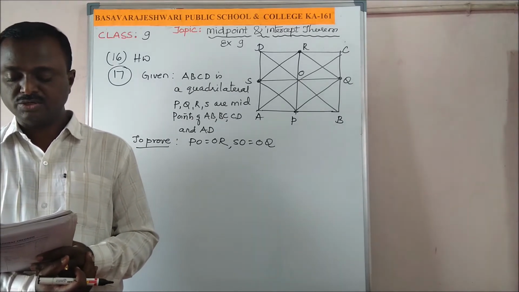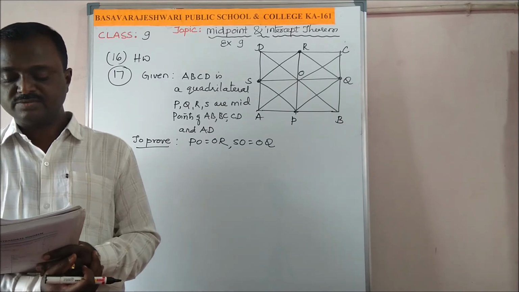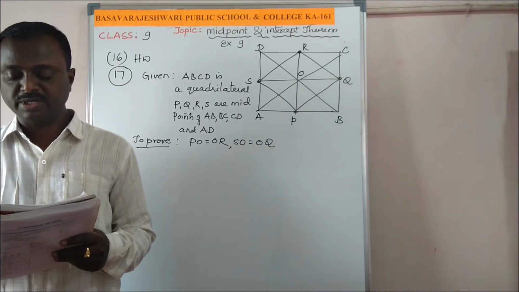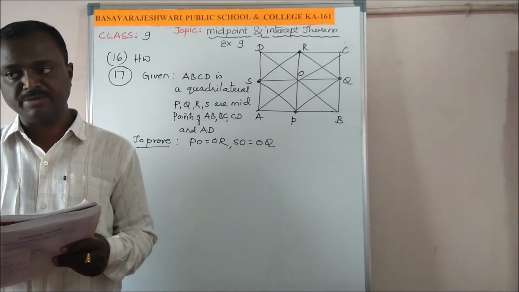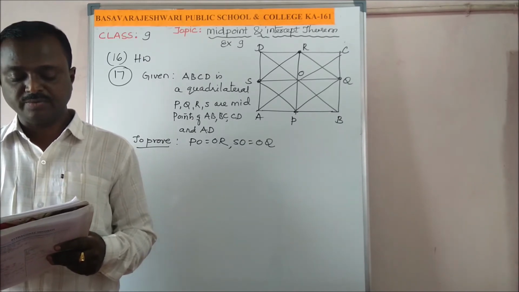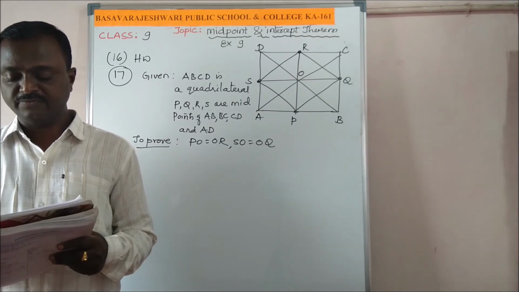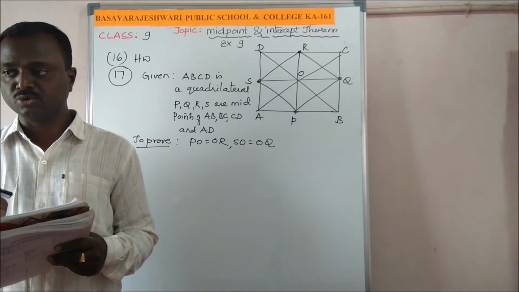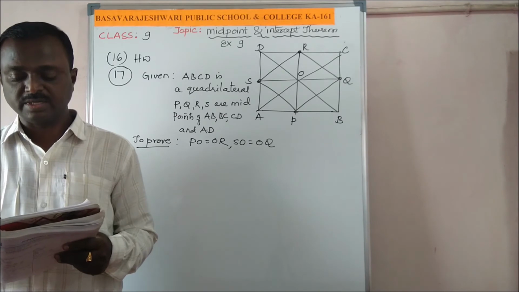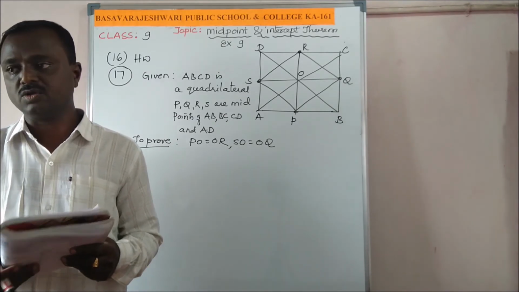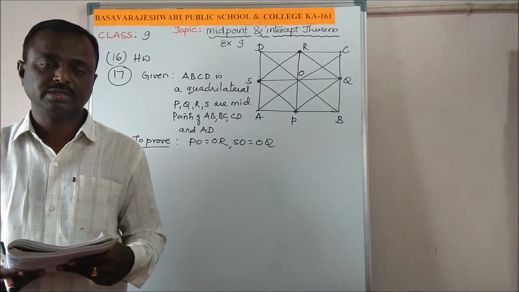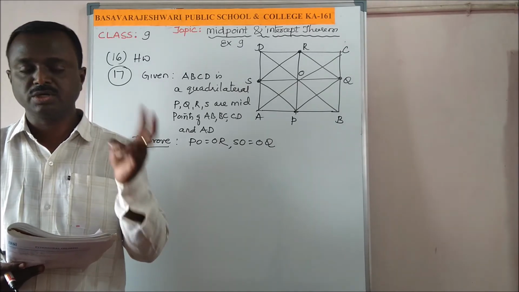Then AD is parallel to CF and CF is parallel to BE. Three lines are parallel lines now. So since C is the midpoint of AB, definitely F will be the midpoint of DE by the intercept theorem, because it is another transversal cutting. Then we can consider triangles CDF and CFE and prove the congruency of these two triangles using SAS. Then we can get CD and CE are equal. So you have to apply the intercept property and also the congruence property. Correct? Both the properties you apply and try to do it.